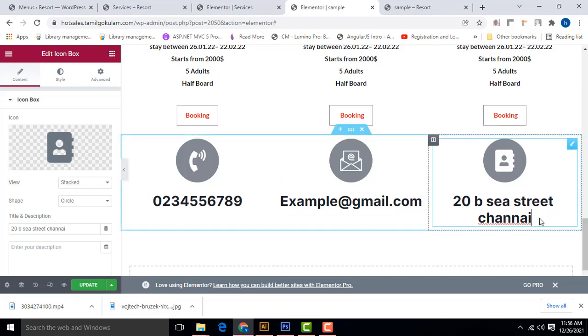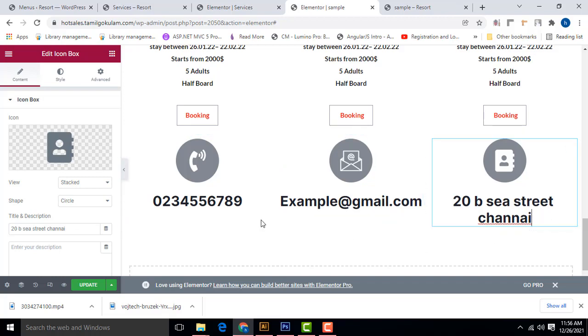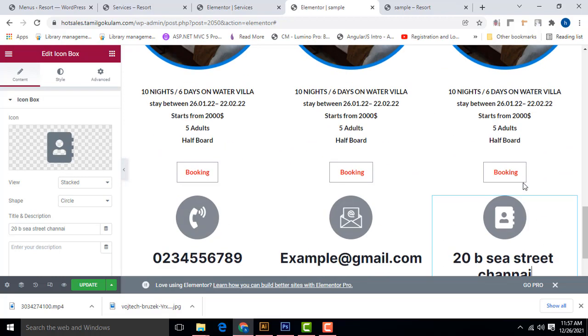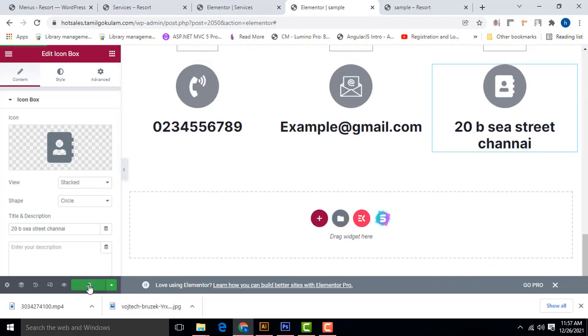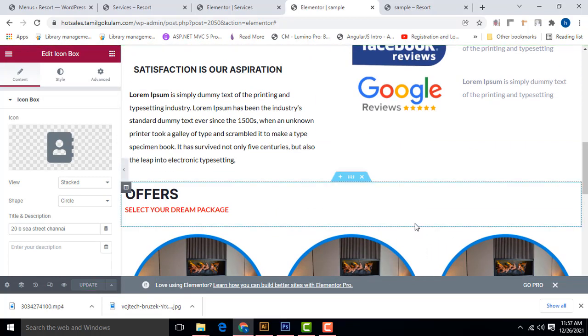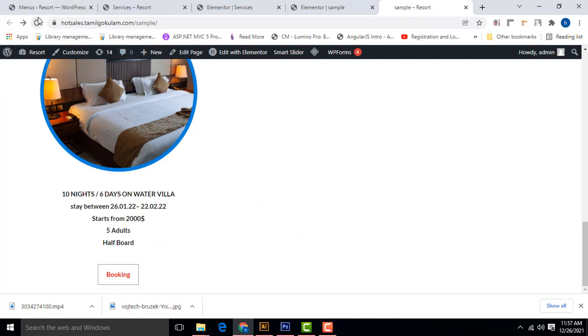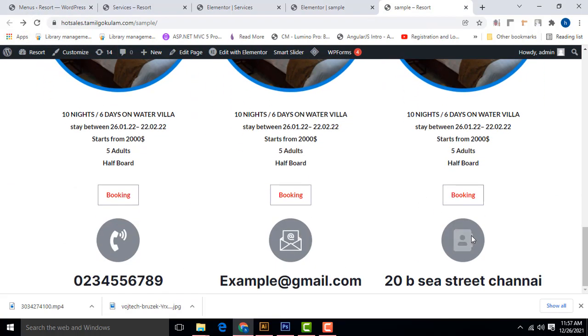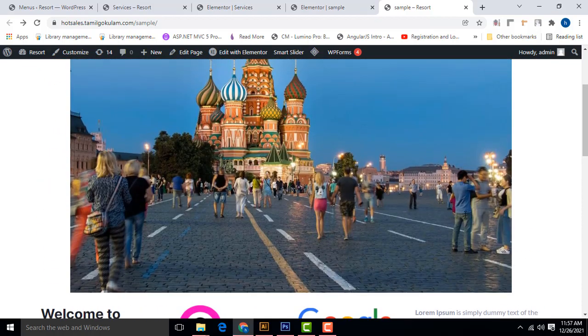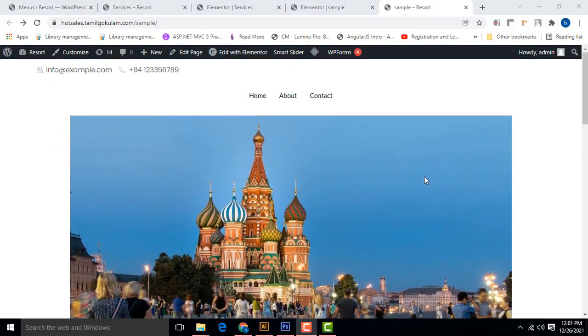Okay, so you do it simply. Okay, this is simple stuff I did. Okay, in order to complete the website, you have to update it. Okay, now you will go to the sample and check what your site looks like. Here it's a very simple site. Okay, perfect. Here you will be able to do the simple site here. It's very simple.